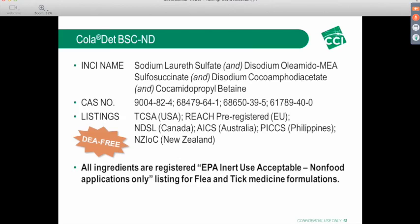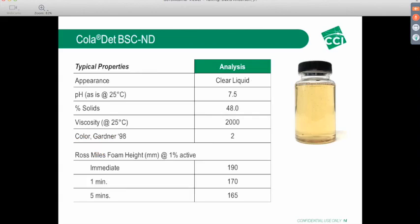So when you use this product in a flea or tick shampoo, all of the ingredients you see in the INCI name are already approved as inerts on the Environmental Protection Agency list. So this is a product that goes very well with an active ingredient to make a flea and tick shampoo for pets. And that's the reason that we have it out there. The other reason we have it out there is that our competitor has stopped making the product and selling it in small quantities. I think they've got like a 40 drum minimum on it. So we have been inundated already,